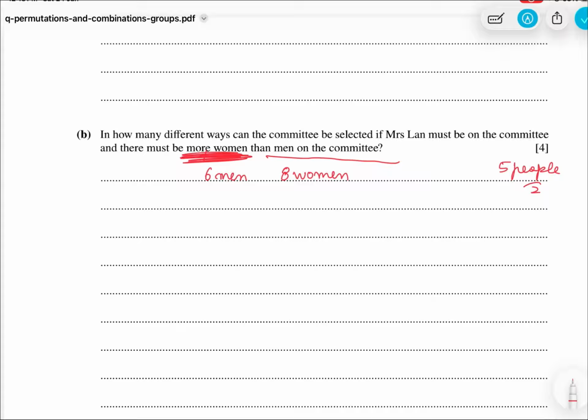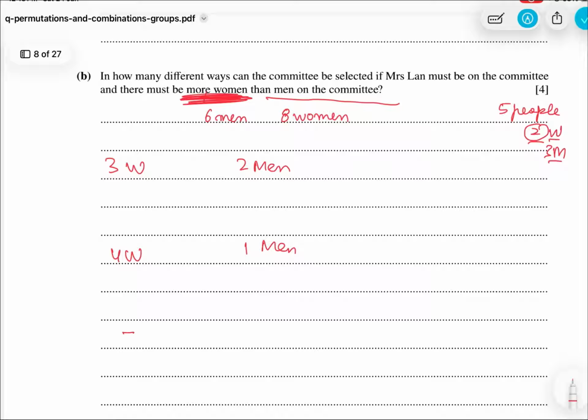If I take 2 women, it won't work because then there would be 3 men. So I will start with 3 women. 3 women, 2 men. Okay? Then we have 4 women and 1 man. And then we have 5 women, 0 men. These are the cases. Now listen. Mrs. Len must be on the committee. So we have choices for 2 women over here